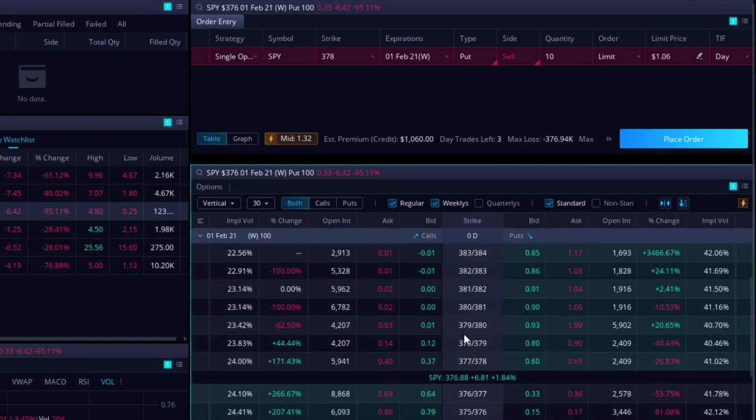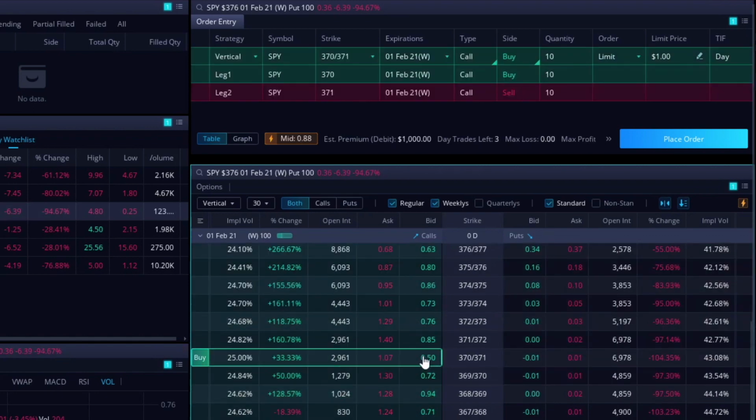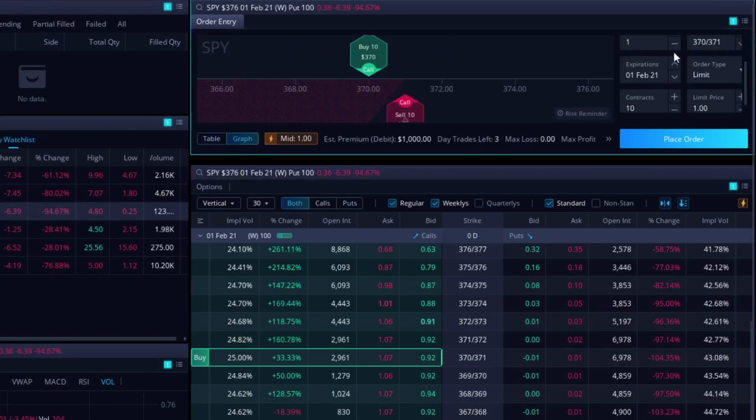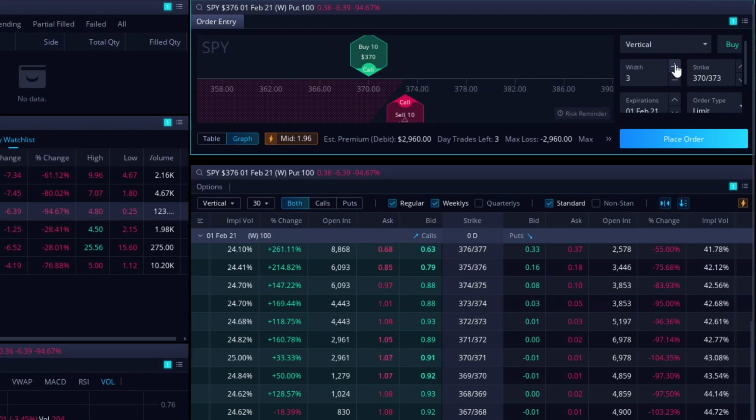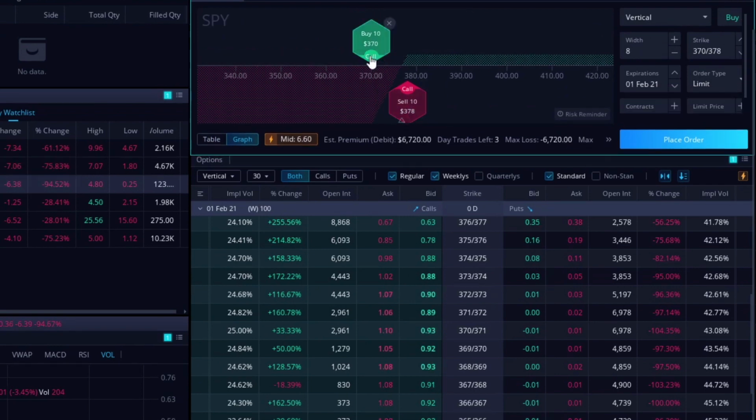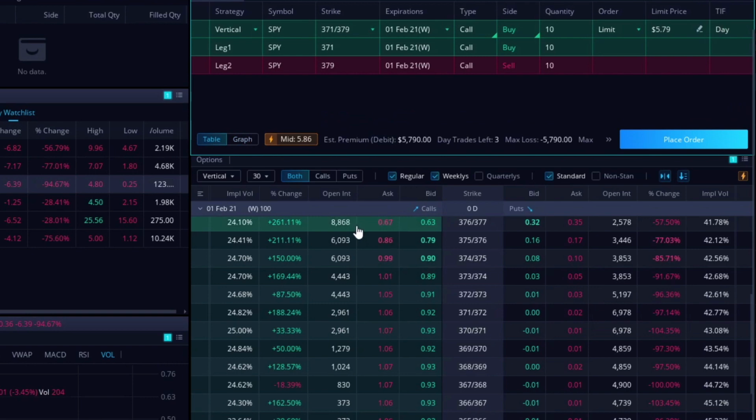But you can change it. So you just need to click on one that you want. So say like the 370, 371, and then go to graph, and you can change the width right here. So now we've got a 378 and a 370. So now we've got an 8-point width, and I can actually just move that around like that. Now there are a ton more features with Webull. They've got all these different widgets